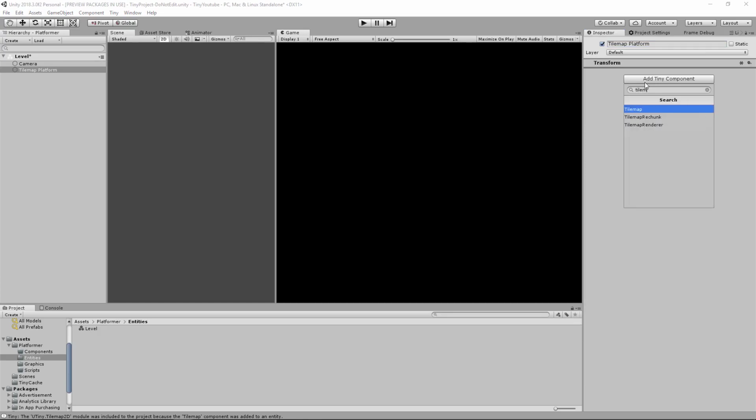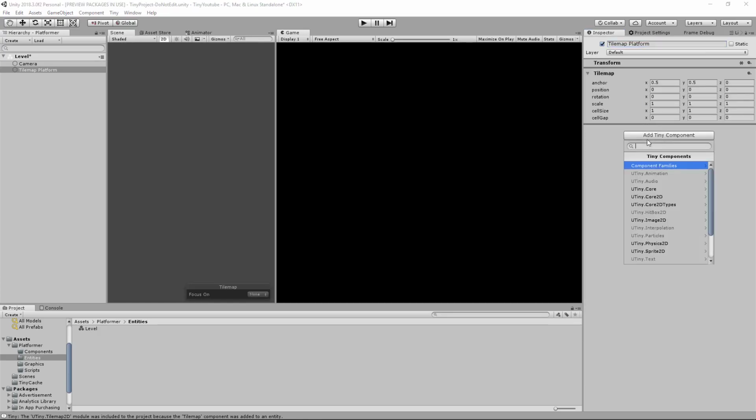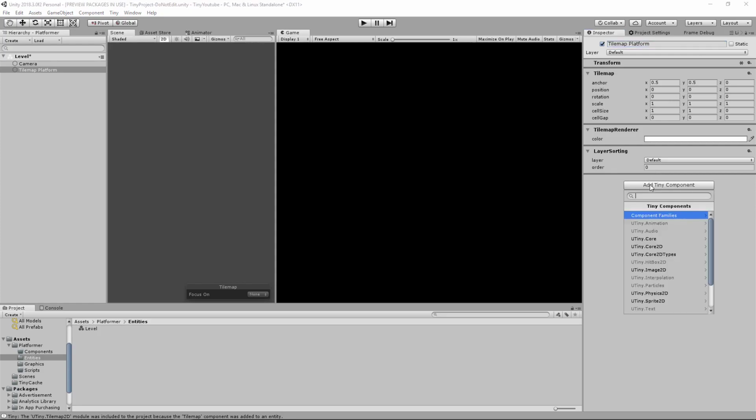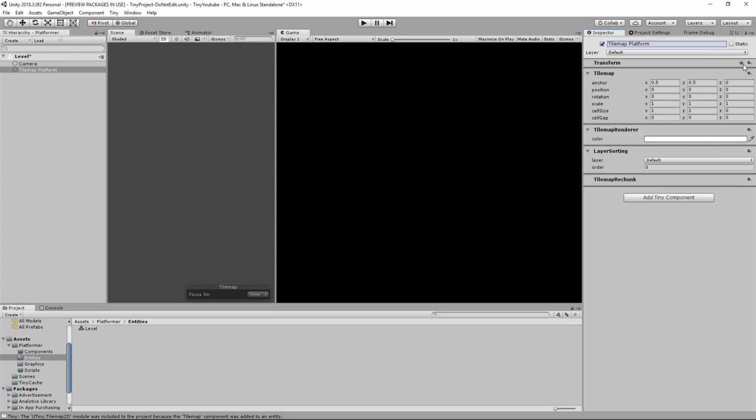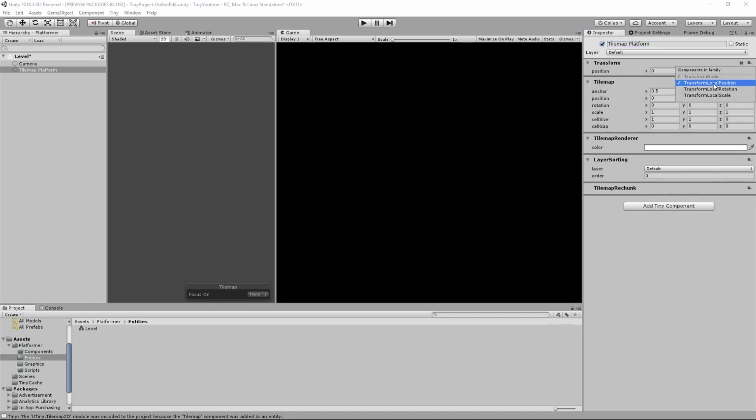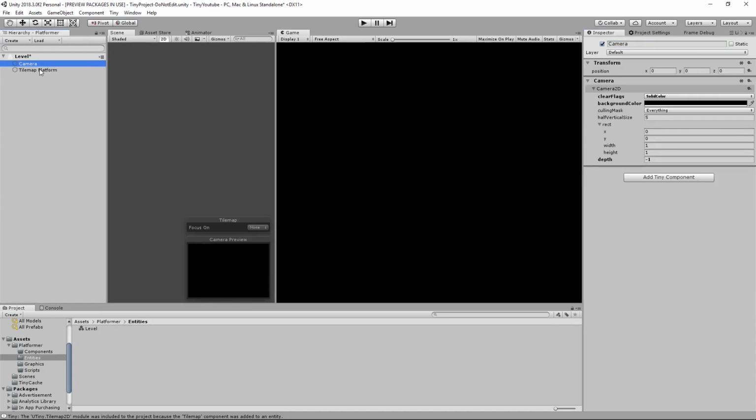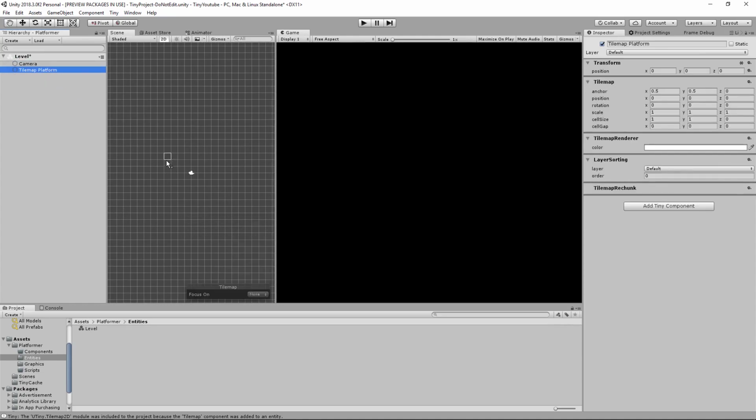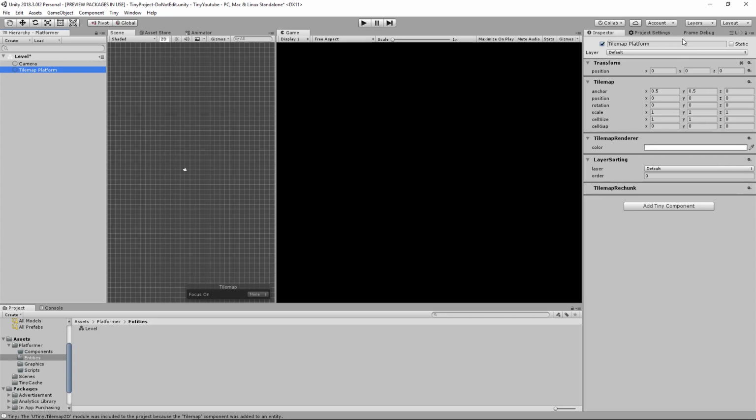a tilemap, a tilemap renderer, a layer sorting, and a tilemap rechunk. On your transform node, add in the transform local position. Then when you can see that going to your tilemap platform, you have your grid for drawing with your tile palette. If we open up our tile palette tab,